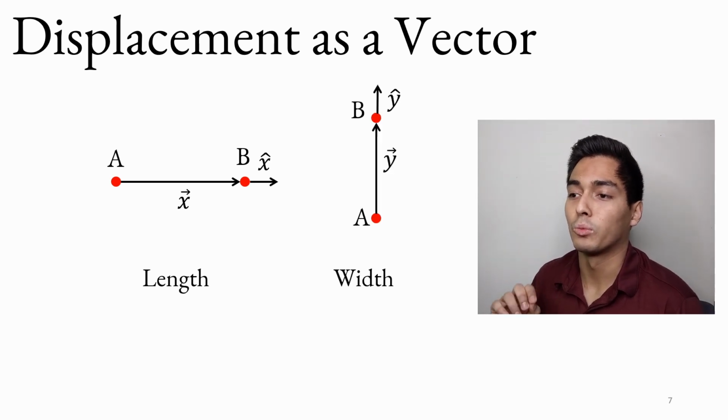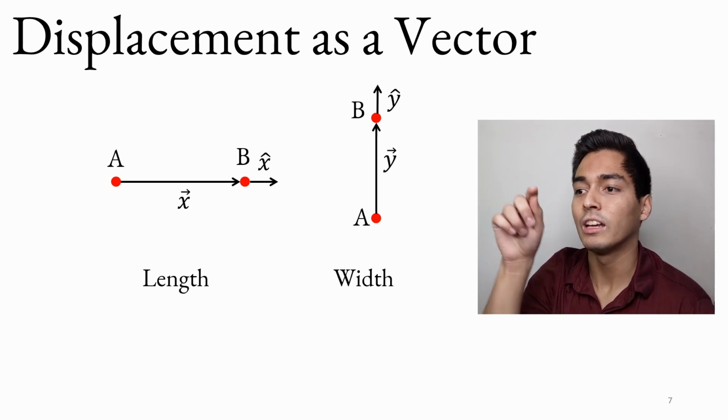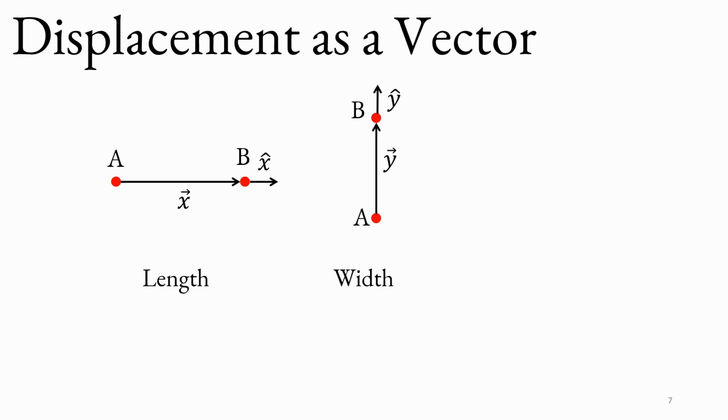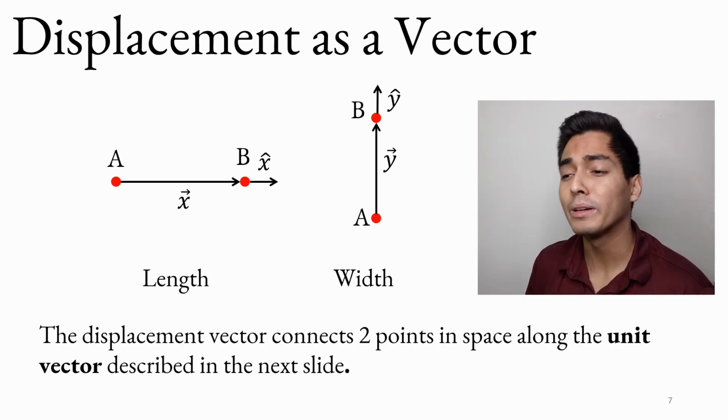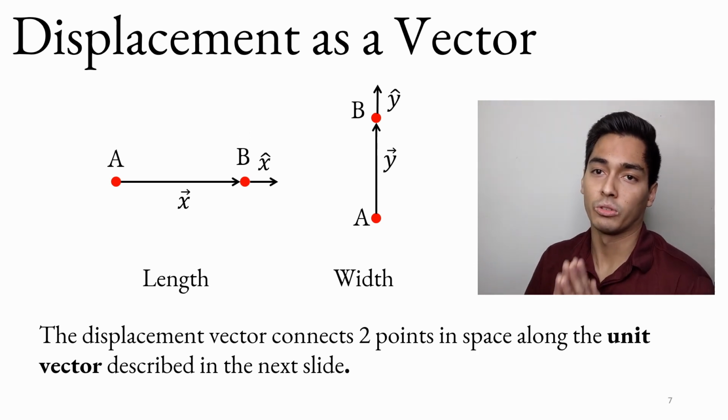And then similarly for width, we're going to have y arrow pointing from A to B in the y direction. And again, the little y with the little hat on top, that's another vector. We'll talk about that. And then finally for depth, that's going into and out of the board. So depth is going to be that z arrow pointing from A to B. And one more time, that little z with that little hat arrow on top. So the displacement vector connects 2 points in space along the unit vector, which now we're going to talk about